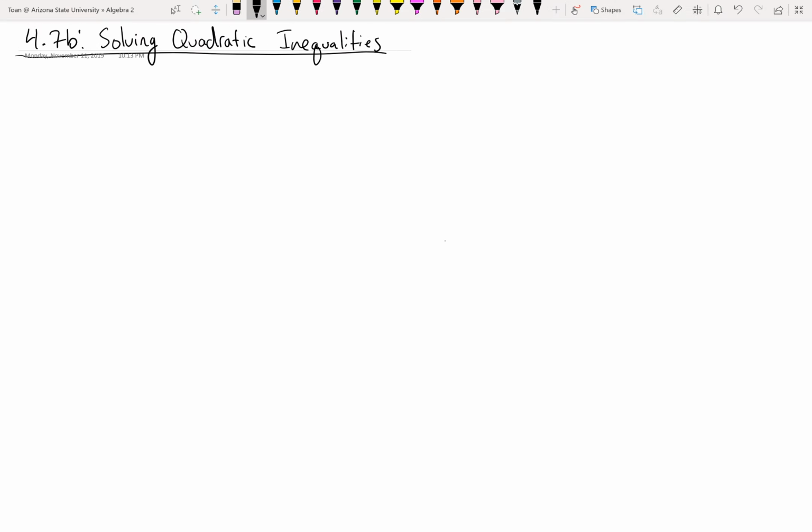So the second half of 4.7b is about solving quadratic inequalities. In 4.7a, we graph them. Today, we're going to actually solve them algebraically. Before we do that, I want to review linear inequalities. And I hope that when we did this back in unit, I want to say 2 or 3, definitely 2,